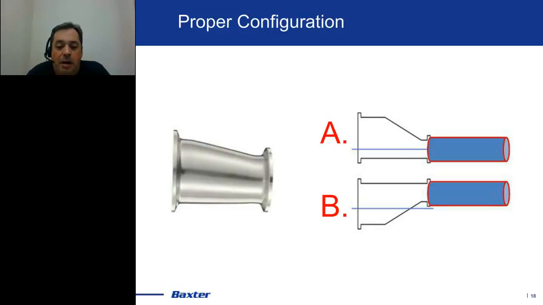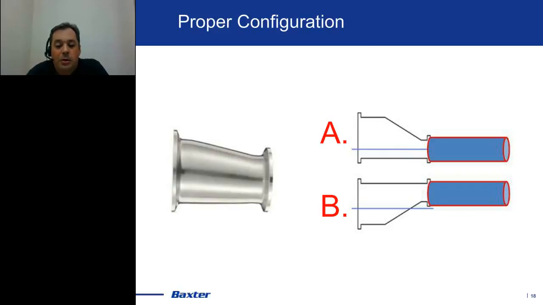Both answers are equally correct or wrong, depending on what you're actually considering with this system. Because A, although it's really great for draining, if you're looking also from left to right with flow, in a scenario where you're trying to clean it, if you have air entrapped in that cleaning solution, you could actually have air bubbles coming out of solution and collecting at the top part of that wedge there in A, and potentially creating an area where you're not getting your cleaning solution exposed to that entire surface.